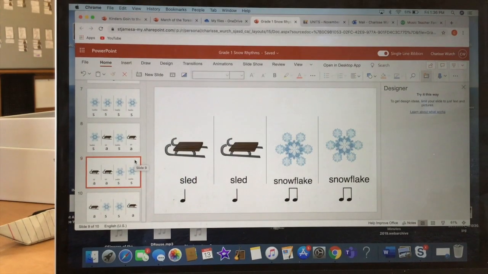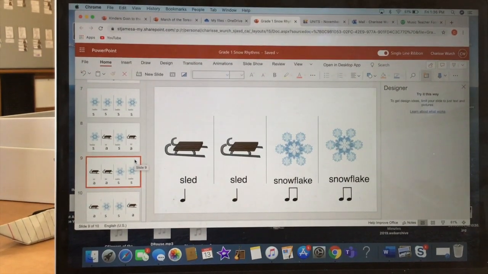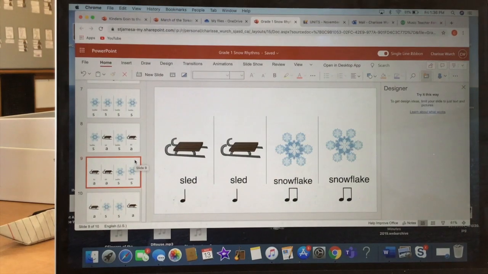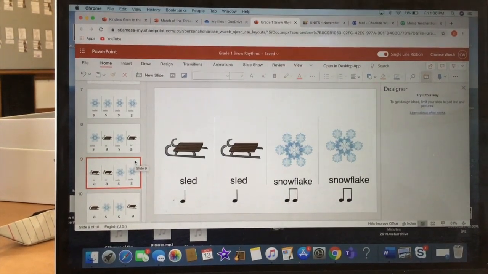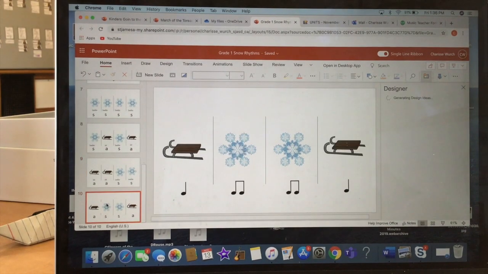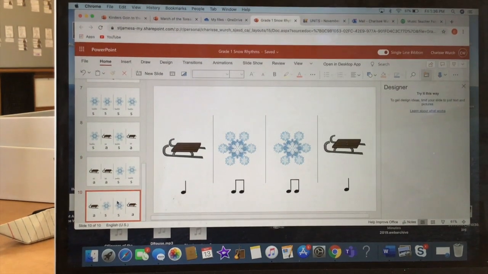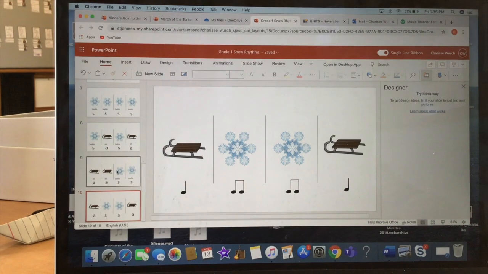This is normally an activity that I would be doing on my smartboard, but because our students cannot be touching the smartboard right now, this is the alternative that I'm using to change up the rhythms. So that it really becomes a great way of